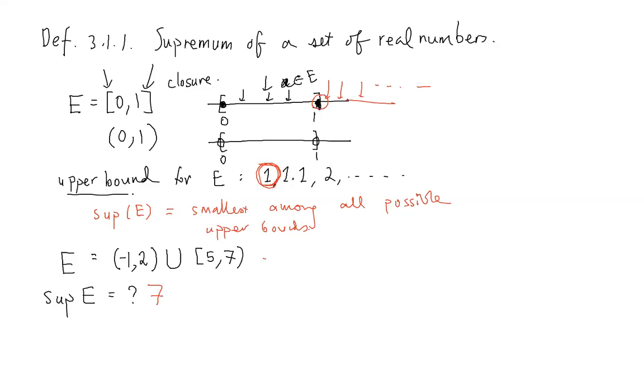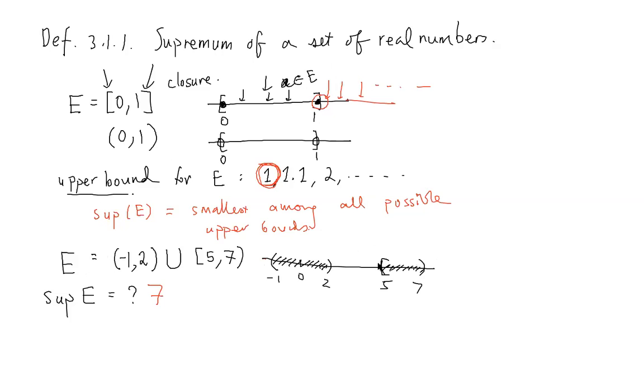It is 7. Because this set, if you have a real line here, includes from -1, so this is 0, maybe 2, and here is 5 until 7. So this set E consists of all the numbers in this interval. Therefore, following the definition,